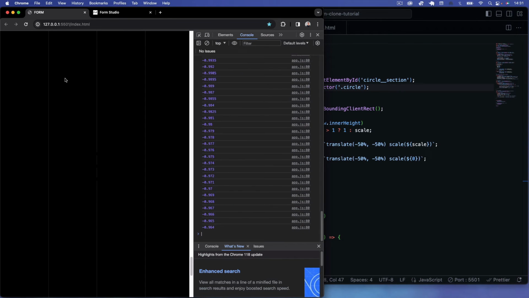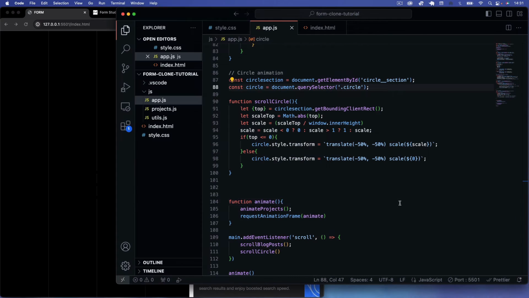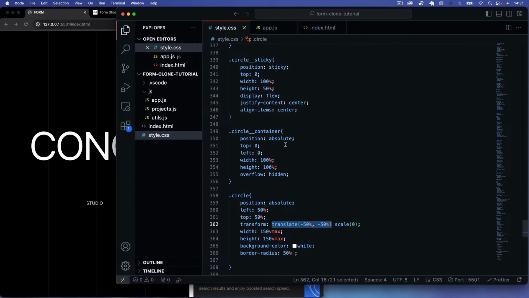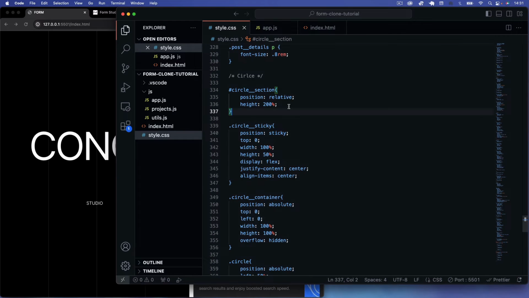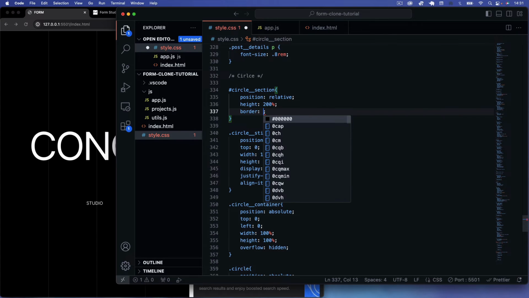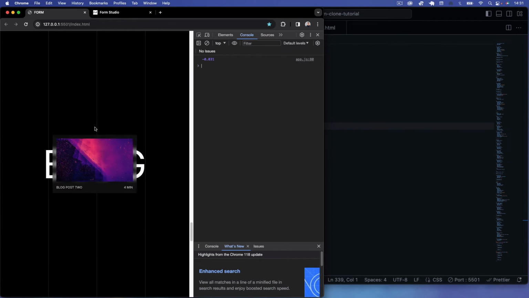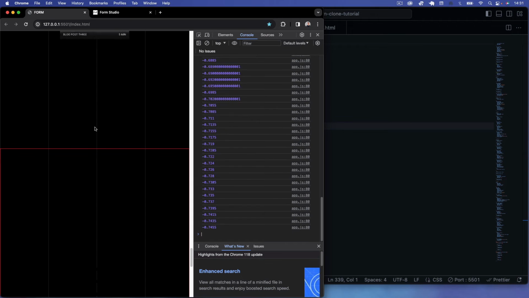And now you can see, if we just get our circle section, let's put a border around this, just so you can see how this effect's working. We can say border 1 pixel solid red, like so. And then if we come down here, okay, so there's our circle section. Once that gets to the top of the viewport,